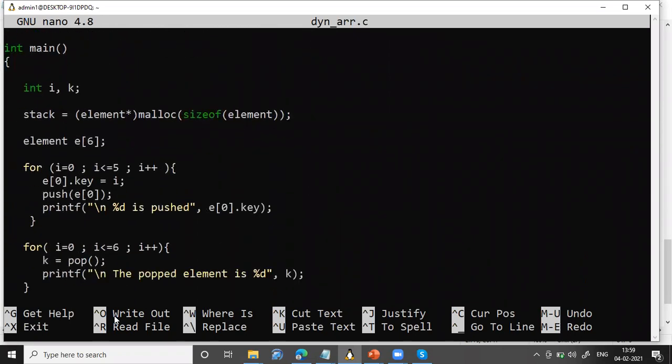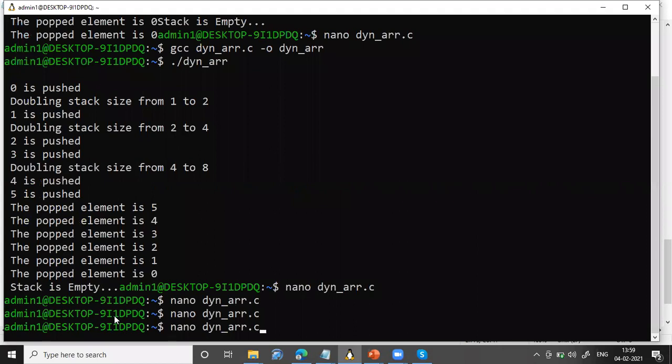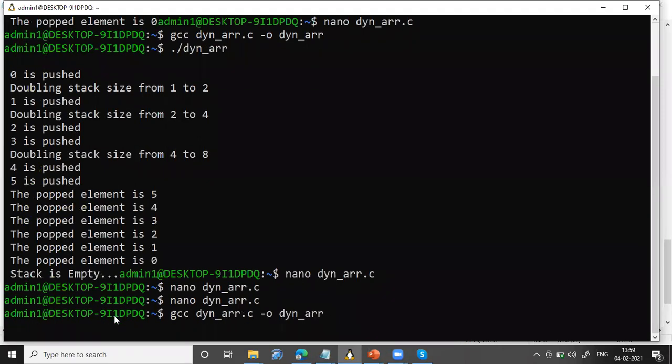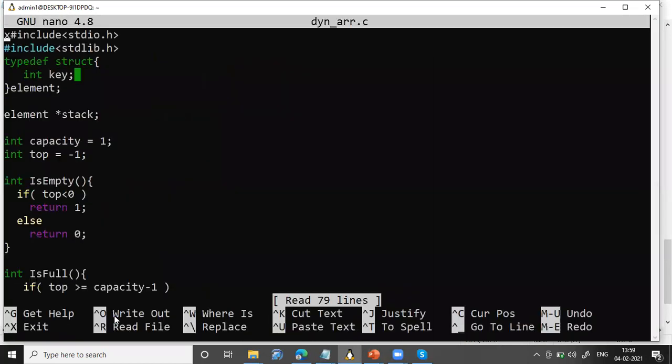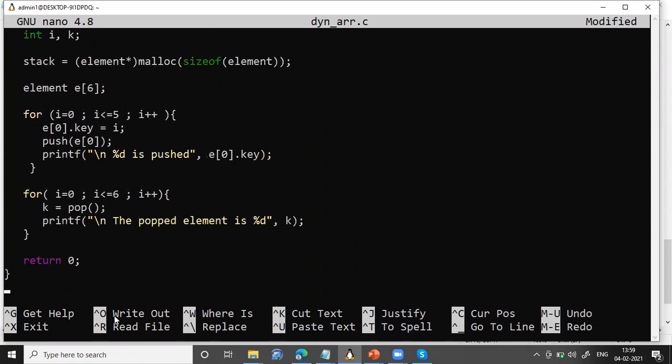Let me compile. This should be E of I. This is E of I, this is also E of I, this is also E of I.